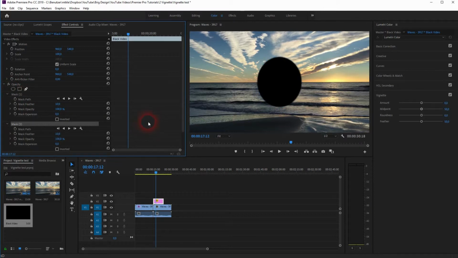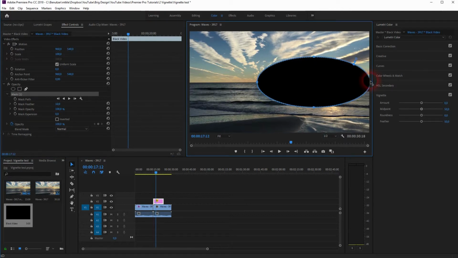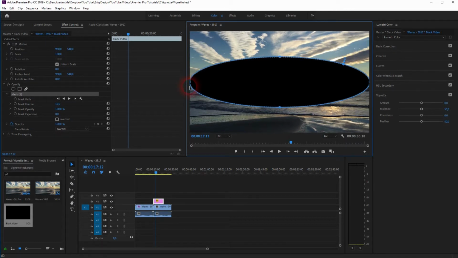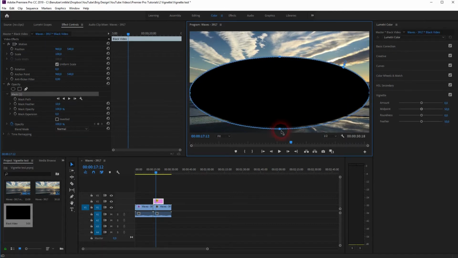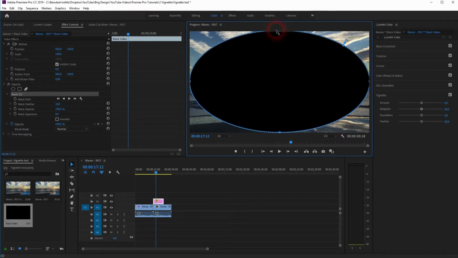Oh, let me delete that one. We don't need it. Click on the mask and now you can adjust it with your mouse and create a custom shape. I still want to have that typical vignette, but you can really go crazy here. You can even use the path tool to create a weird shape that you want to have. When you are done, click on inverted,